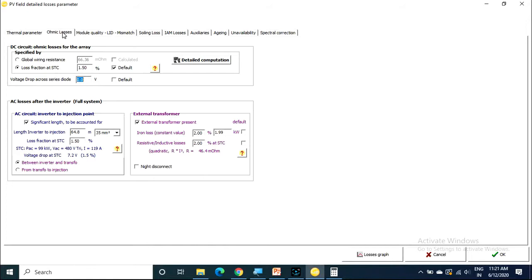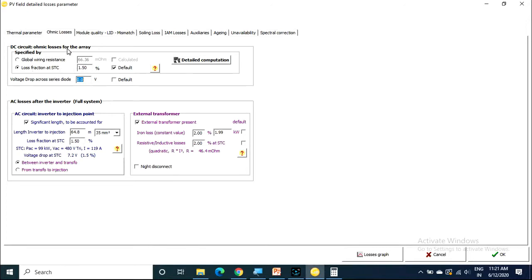So according to IEC, International Electrotechnical Commission, the ohmic losses are already defined. The loss fraction at standard testing condition for DC ohmic losses is maximum up to 2%. I am choosing here 1.5%.